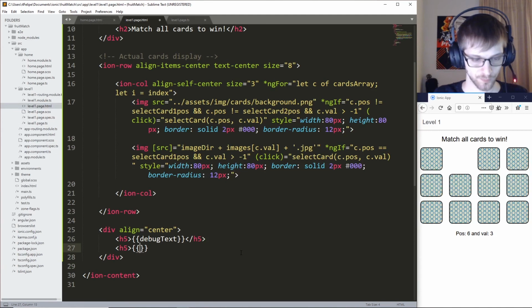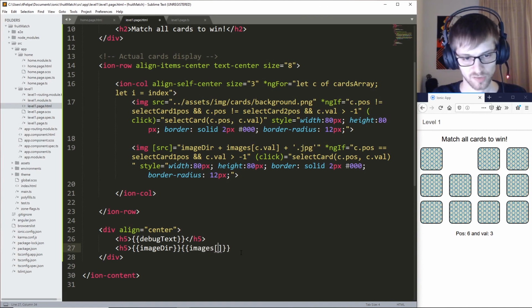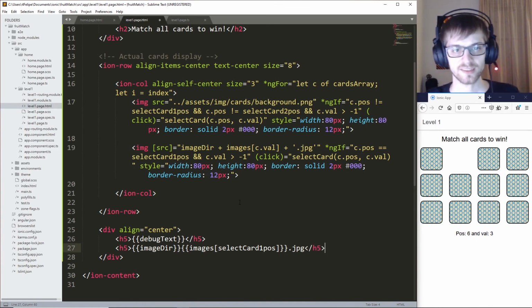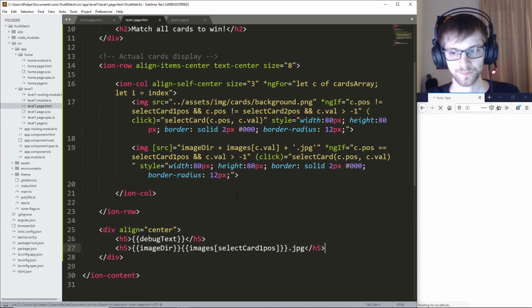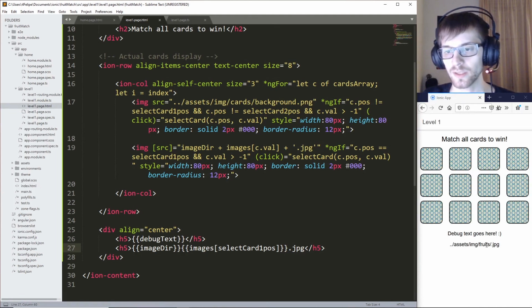So we can do imageDir, and then we can do another one for the images and selectCard1.pos, and we can do the extension .jpg, and we'll close that up. Now let's save it, and now let's click one of these cards. There's the peach, there's a strawberry,